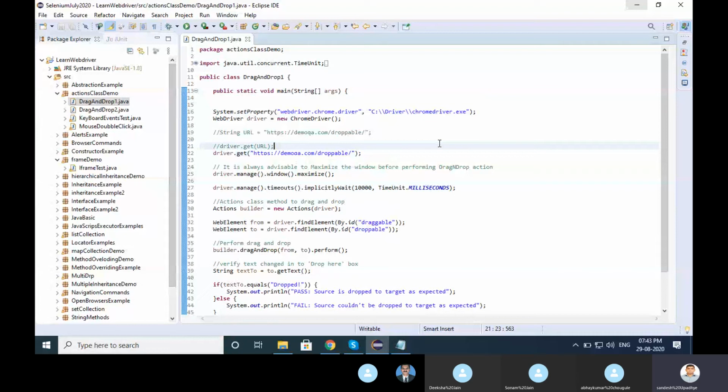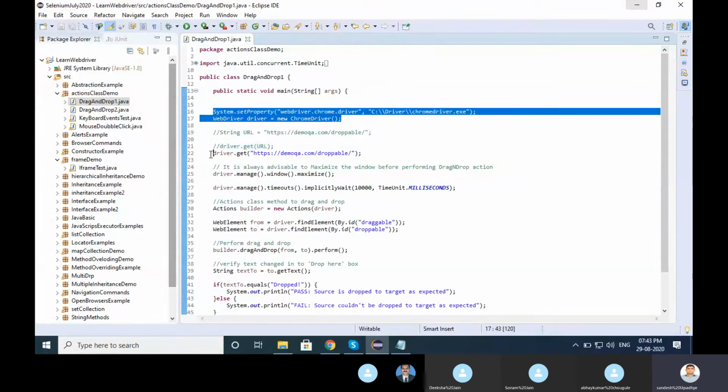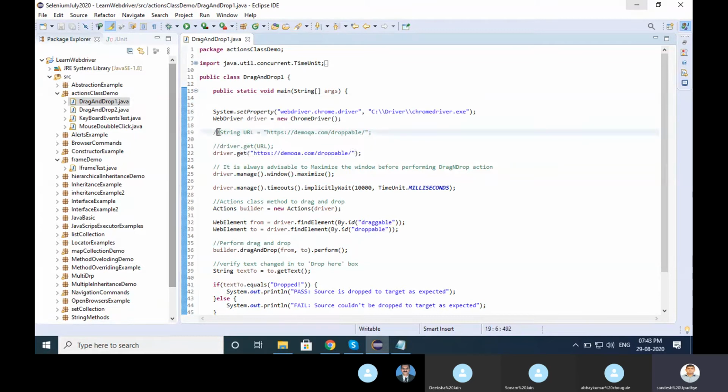Again, there are two things. One more thing I am telling you. This is our normal code, right? driver.get. Even that, you can pass like this. I have stored it into the URL string, and you can pass it like driver.get(url). Both are the same, right? If I store it into the string and pass the string, it will work. Or you can pass it as is, our regular practice, driver.get with the URL.